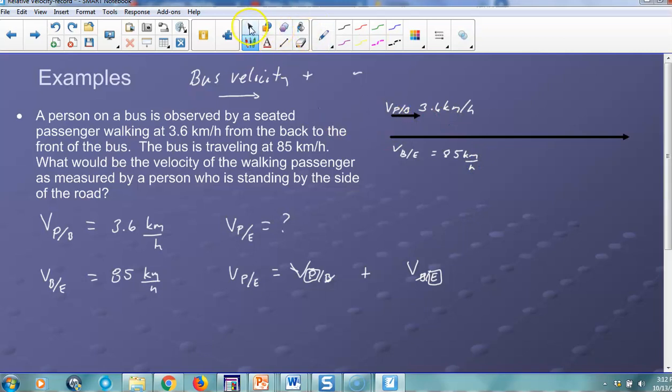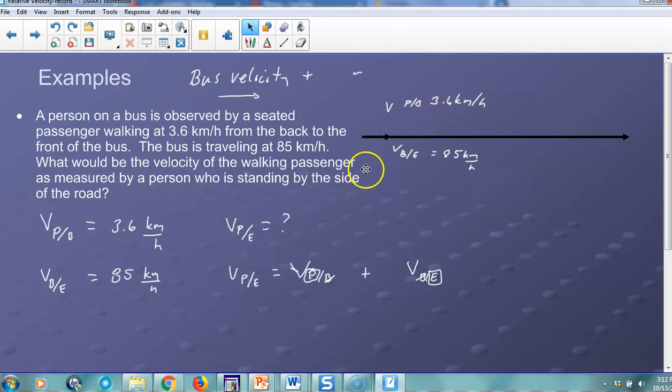And if we connect these tip to tail, then what we're going to end up with is the velocity of this sum, the resultant,